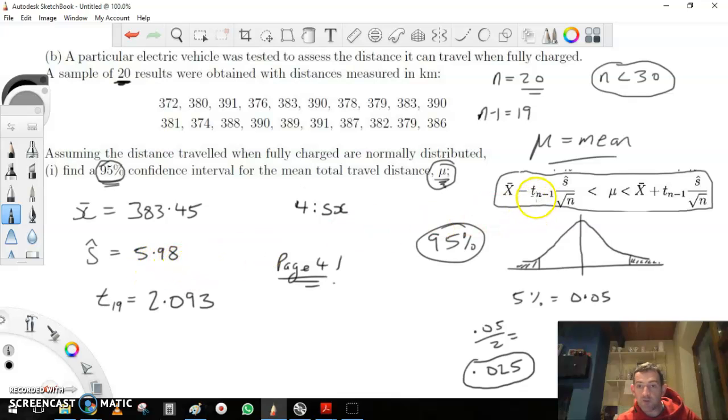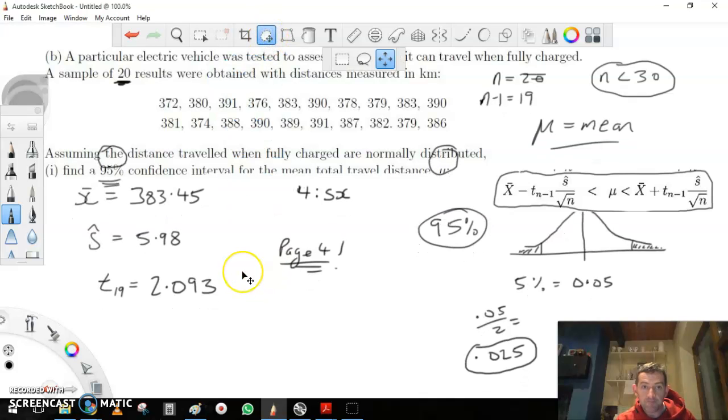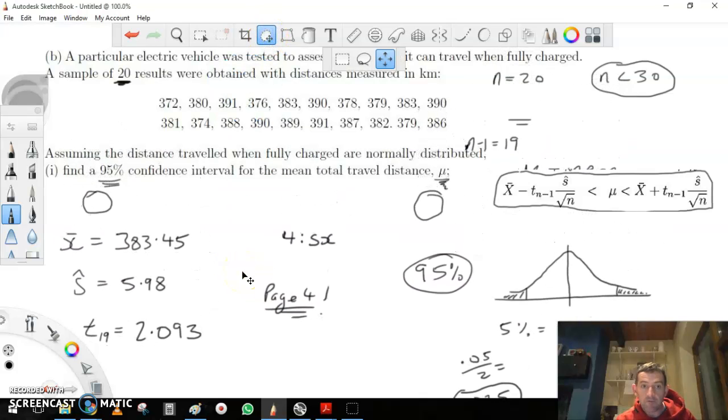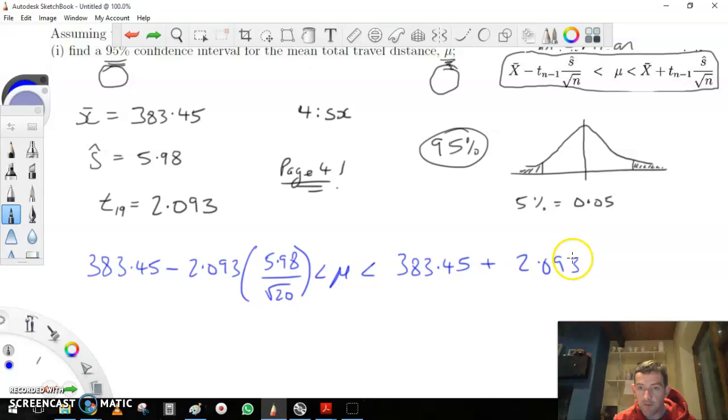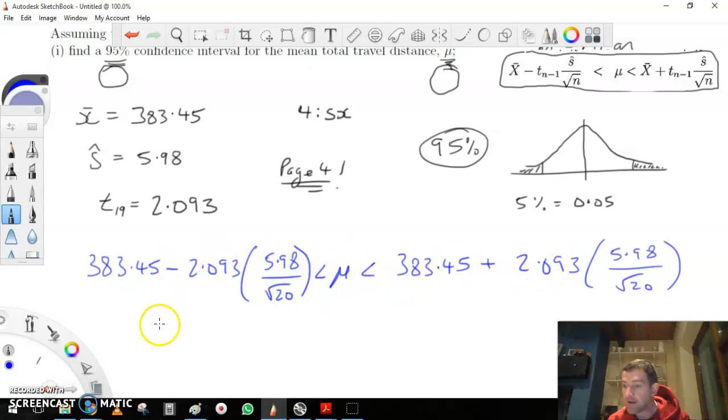So setting up the formula, I'll just make a bit of space there. The layers are going a bit funny on me here. Let's see now, so this is going to be the same here. You could have calculated this out separately, 5.98 over root 20. So just put both sides of this into the calculator, and from one I did earlier, you should get, on this side, you're going to get